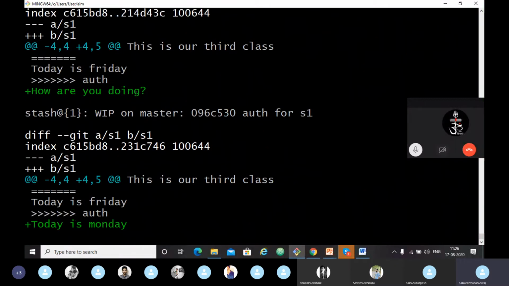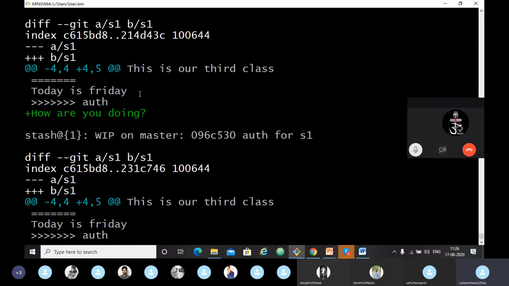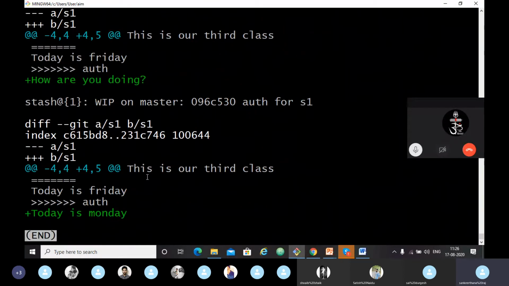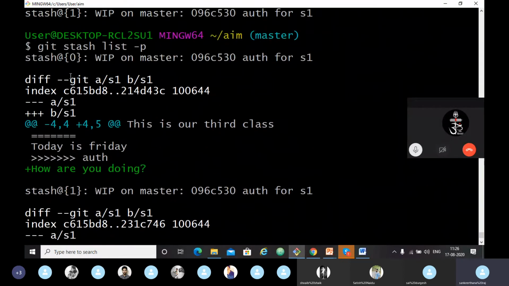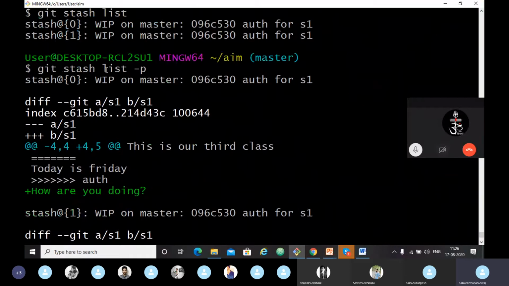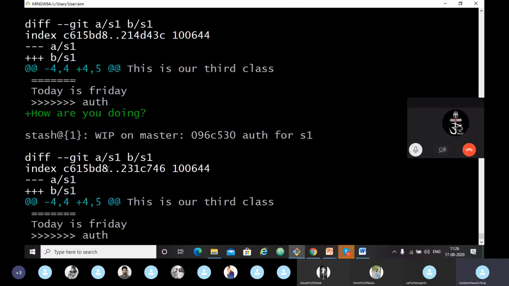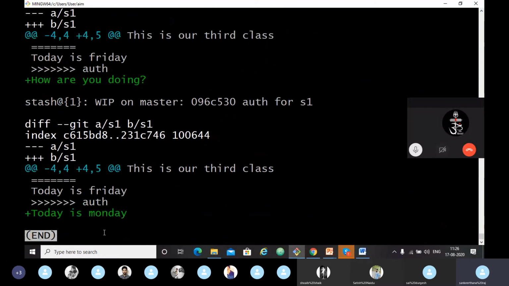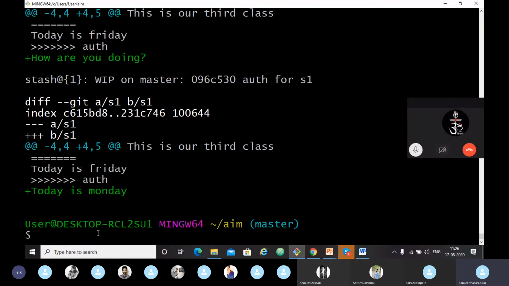These are the two changes I have made. If you want to see the changes, you can just use the command git stash list -p. If you get anything like this, just type q on your keyboard and you will come out of it. So we can reapply those stashes at any time to our branches.